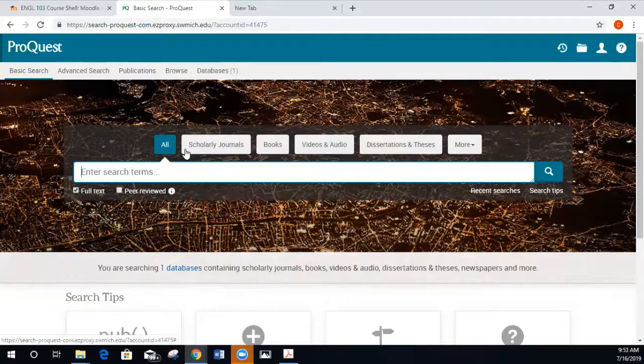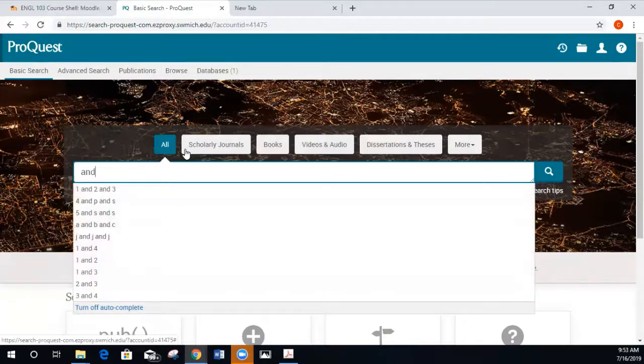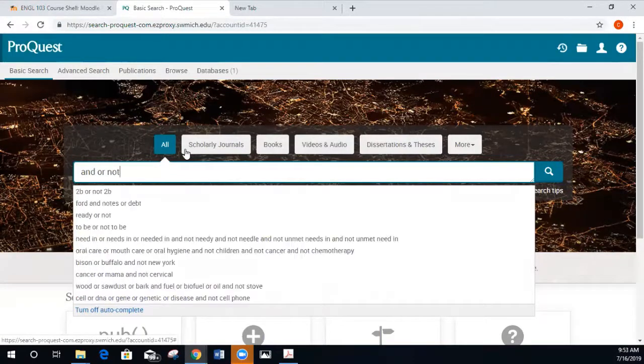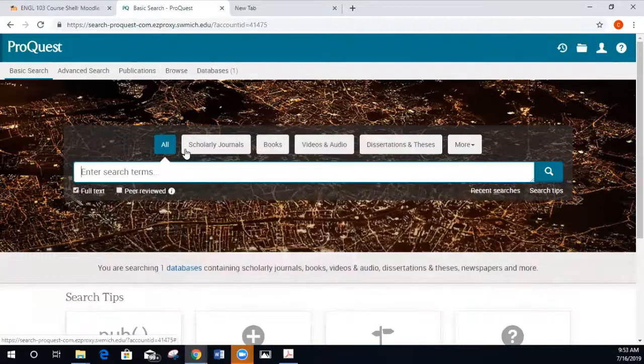So what are those Boolean operators? Well, when we look at the search bar in the middle of the screen, I'm just going to go ahead and type those in. We've got the word AND, which has this particular function. We've got the word OR, which has another function, and then we have the word NOT. I'm going to cover all three of those briefly and hopefully help you understand the point of each one of them. So let's start with the first one that I showed you there, which is the word AND.